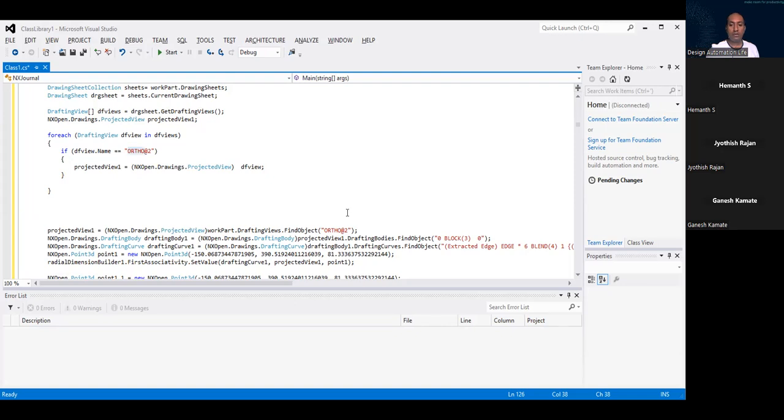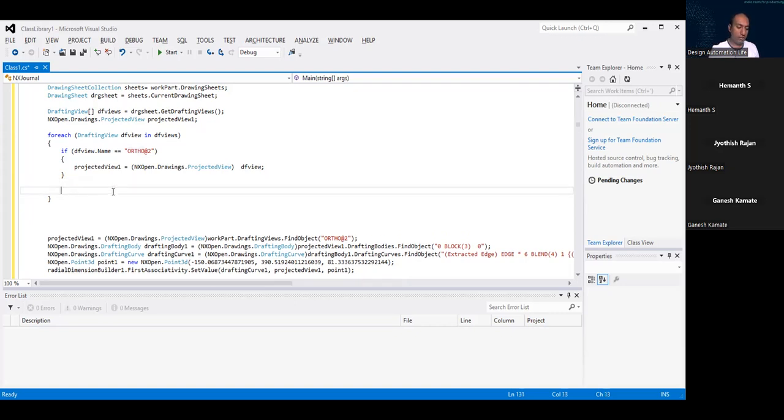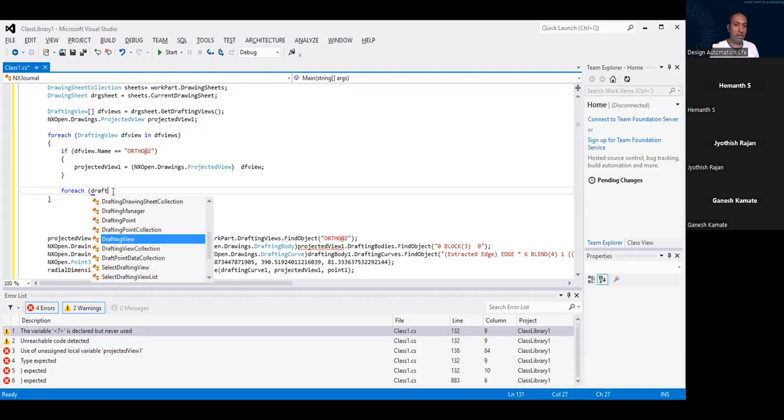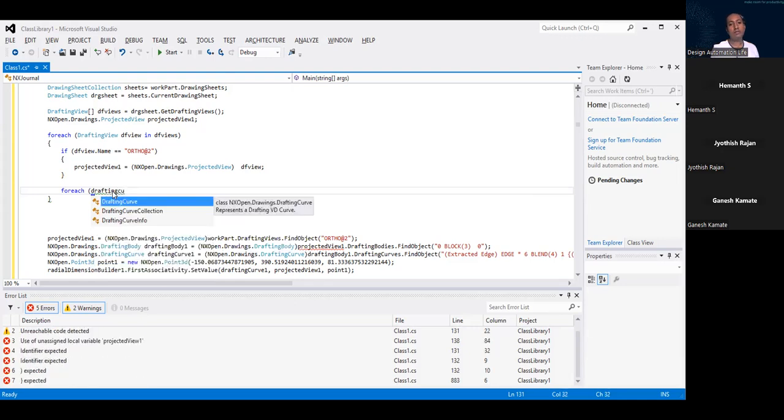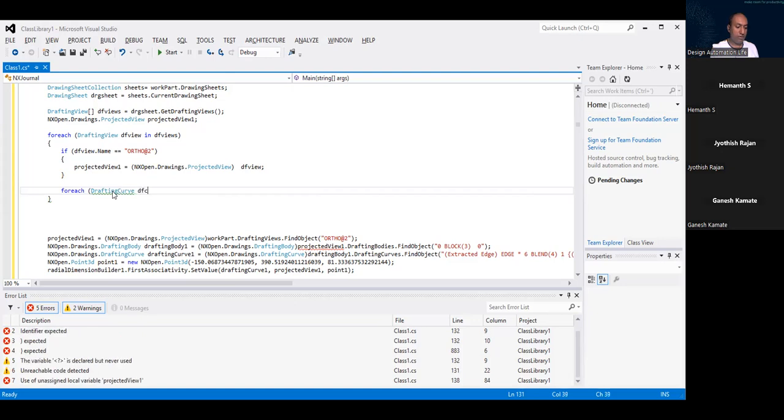For this we will surely need a nested loop, and I think we have to start from the bodies. Let's say I will try to get the drafting curve directly instead of bodies. Drafting curve, DF curve, I will name it